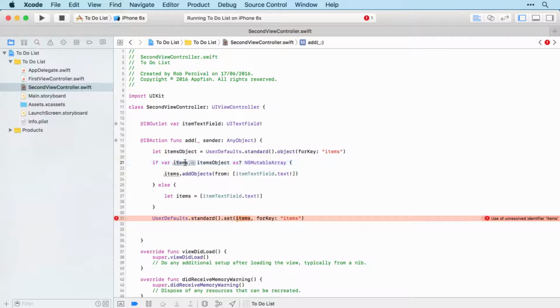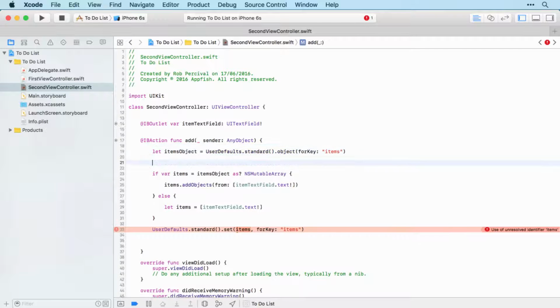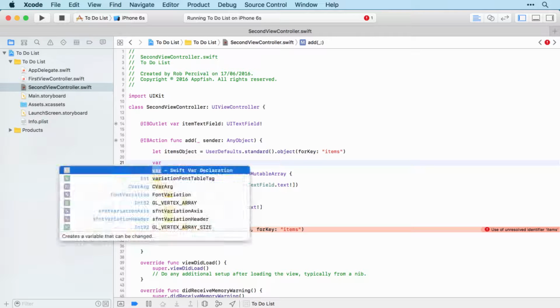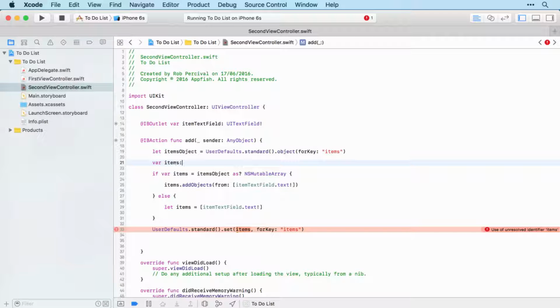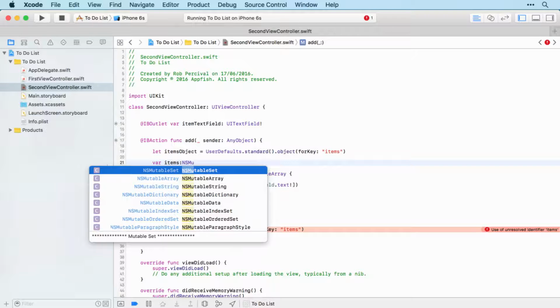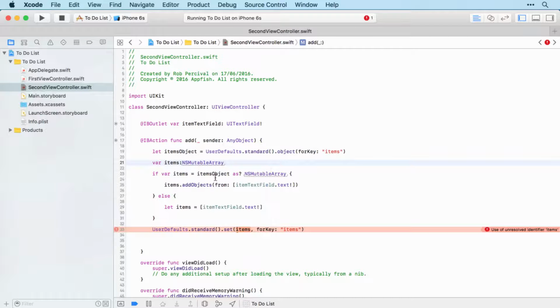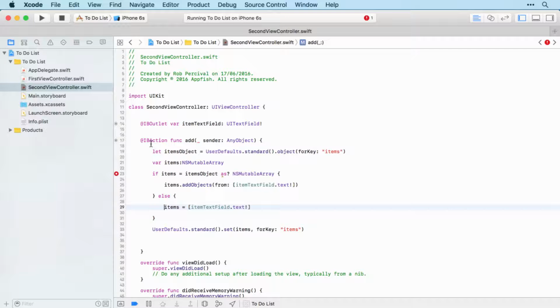So even though we've created it both there and there, I think what we should do is set items up as initially an empty NSMutableArray, and then we don't need to define it later on. We can just use another variable. I'll call it tempItems, and then